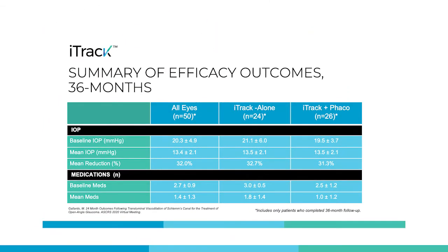Reducing medication is quite important for many reasons. We've got about a 50% reduction in medication burden, going from about 2.5 to about 1.5. And it's important for many reasons. First and foremost, it's just the economics of using medications. There's the donut hole that we have to worry about, where patients have to pay full price for their medications. Compliance, we know that after the first drop, compliance becomes an issue. In West Texas, there's a significant amount of dry eye, so every drop that I add increases the ocular